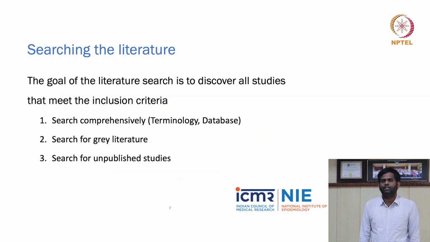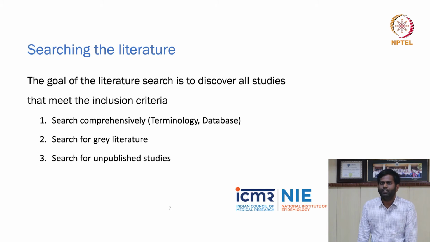So once we are clear with what is a search engine, what is a database, and what is a website, we will move on to the goals of performing a literature search. So when we are interested to do a systematic review, we are moving into the focused topic. We want to identify studies which meet the inclusion and exclusion criteria, and we want to narrow down and collect the pool of studies which is going to address our research question. So in order to achieve this objective or goal, we are going to do a literature search.